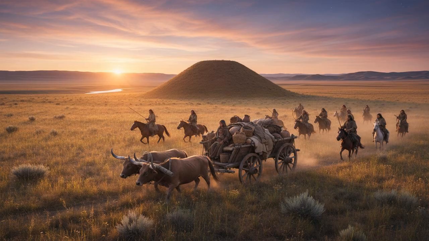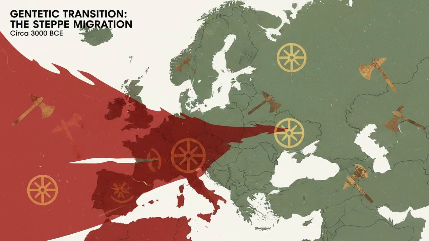The Yamnaya represented a seismic shift in how humans lived. Unlike the farmers of old Europe, who lived in dense towns, the Yamnaya were mobile. They had domesticated the horse, initially for meat and milk, and crucially, they had the wheel. They used heavy, solid-wheeled ox wagons that allowed them to take their herds of cattle and sheep deep into the open grasslands. This mobility was their superpower. They were a patriarchy, obsessed with lineage and war, and they were physically robust, taller than the farmers they would soon replace.